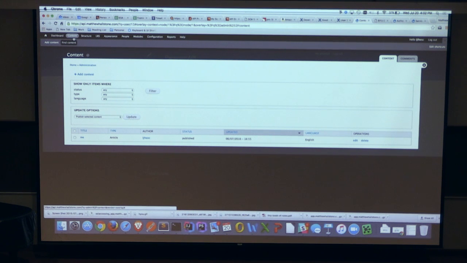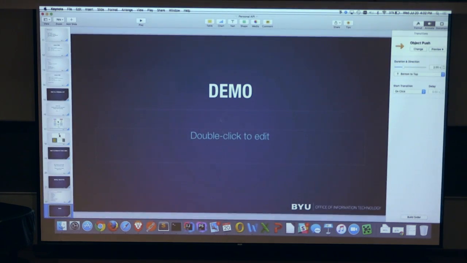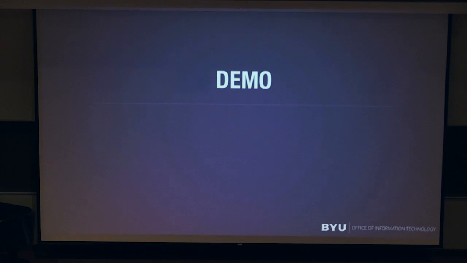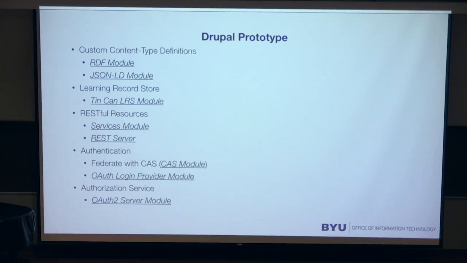No, I haven't set up all of this, but I guess going back to the slide deck, all these modules were there for us to play with and configure, and that's why I came to Drupal camp, because I wanted to learn more about Drupal myself and how to configure a lot of things.